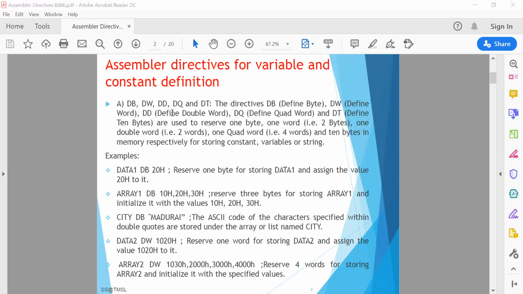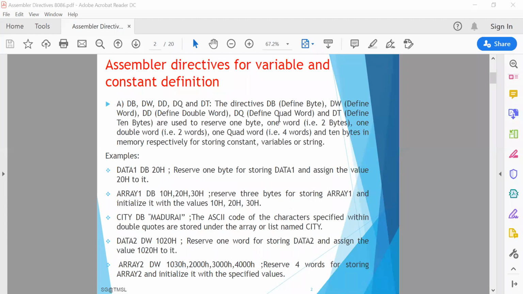Now, what DD means: define double word, which means more than 16 bits, meaning 32 bits. Define byte means 8 bits of data can be defined. Define word means 16 bits of data, and define double word means 32 bits of data.